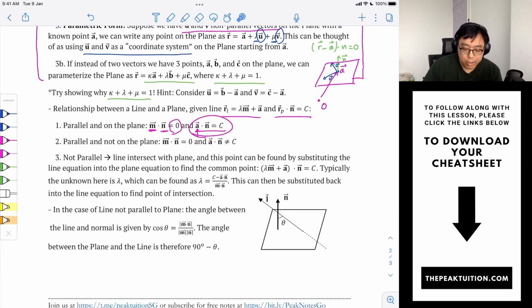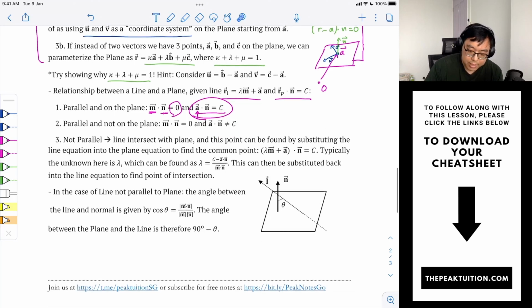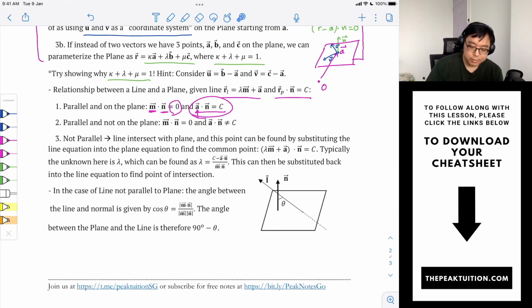If it's parallel and not on the plane, then the condition for the direction of the line and the normal still holds true. But since the line is not on the plane, a dot n won't fulfill this equation. Okay? Finally, if it's not parallel, the line will intersect with the plane, and this point can be found by